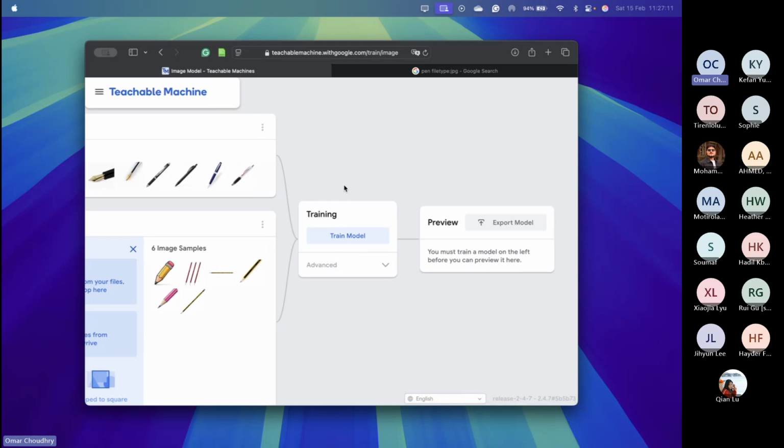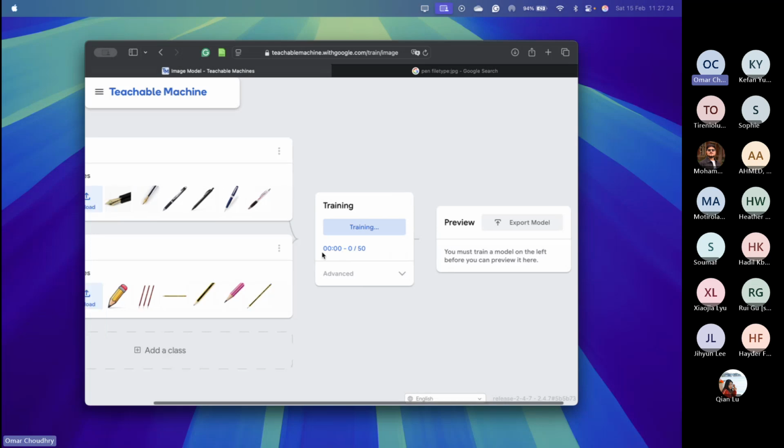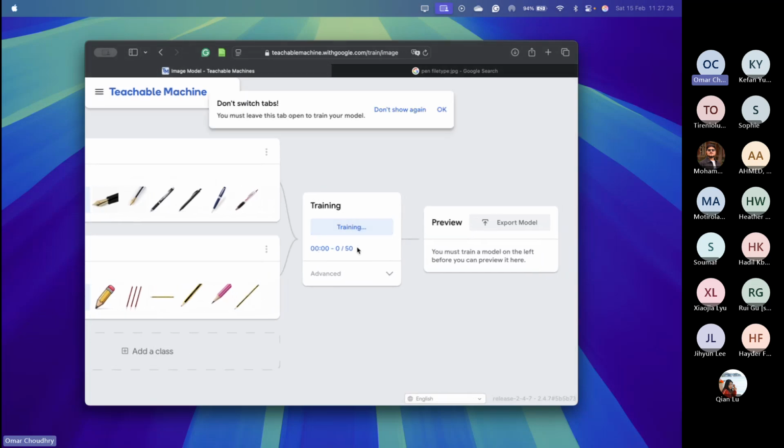The next step would then be to train a model. And we'll look at specific models later on in different workshops. But for now, we'll just pretend like this will just train an AI model for us. You can see here now, it's going to start the training process.